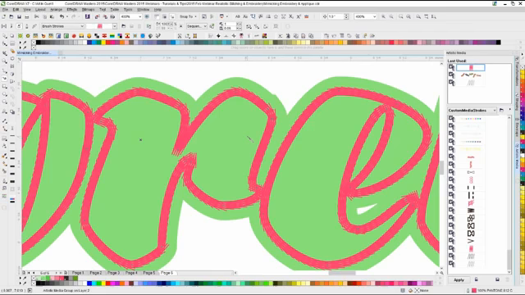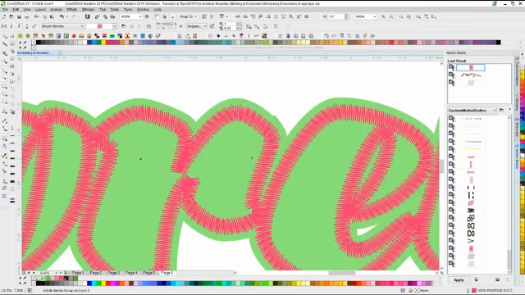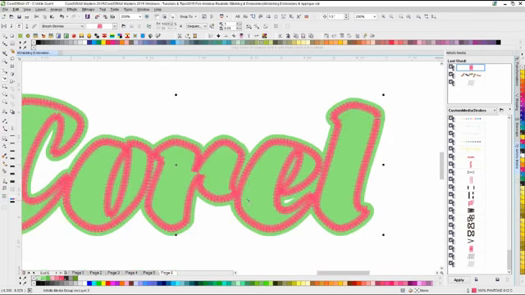And depending on the way you create your pattern is going to determine how you need to adjust these features. That might have been a little too much, 90, so I changed it to 15, and that looks a lot better. So now you can see,